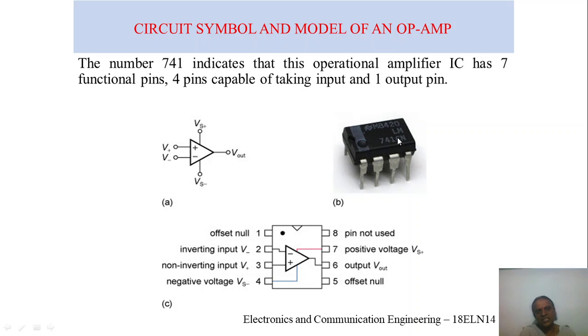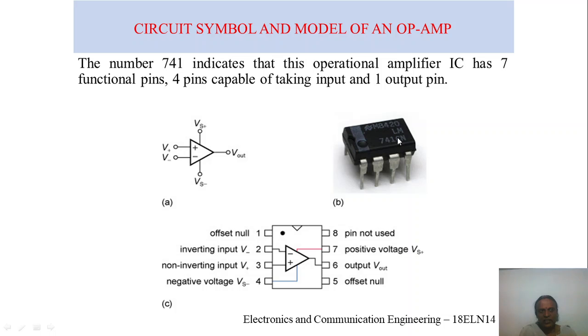Now this µA741 IC represents an operational amplifier IC. I hope I am very clear here. Since the number 741, as I told you, indicates an operational amplifier IC,